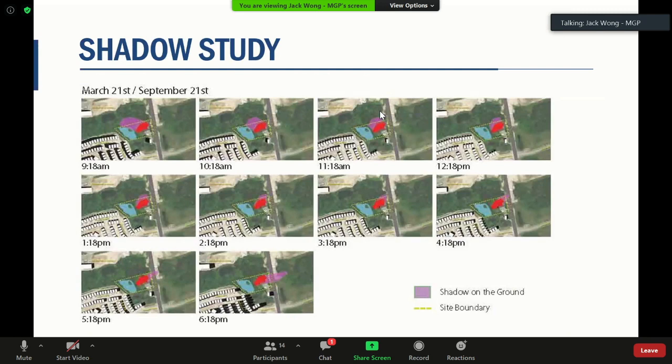Part of the angular plane guiding principle, obviously, is to address any shadowing issues onto the surrounding lands. And we have also conducted a shadow study, which has been submitted as part of the application. I know this is a little confusing to see, but you can just focus on the purple color, which is essentially a representation of the shadow on the ground from the building. This is the time between March and September. As you can see, there's barely any shadowing issue onto the neighboring lands. The lands north of us are part of the original Greenland system, so they're not intended to be developed.